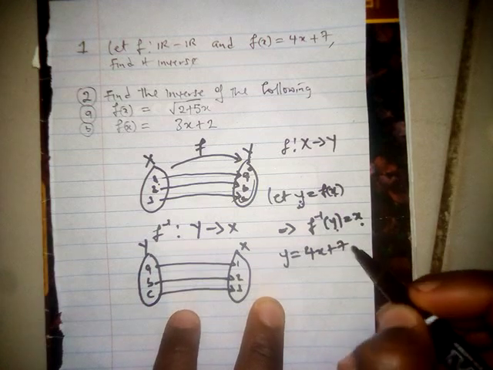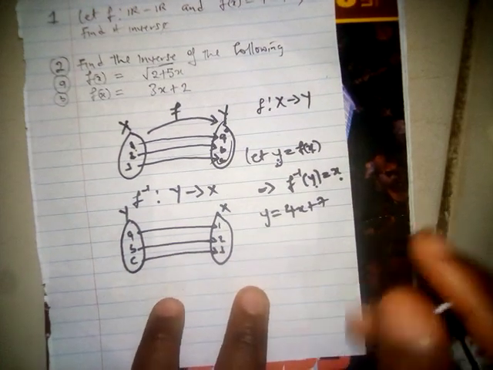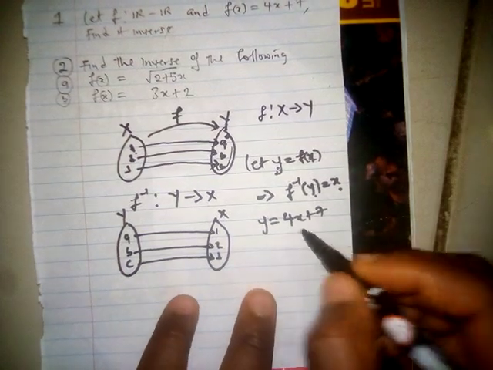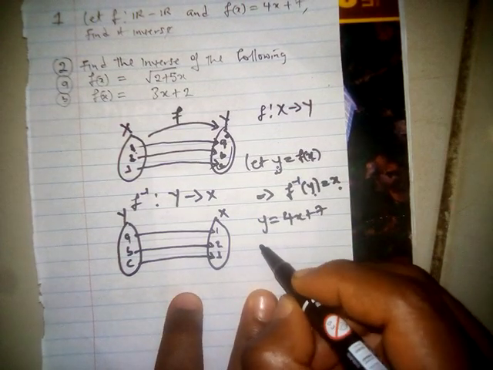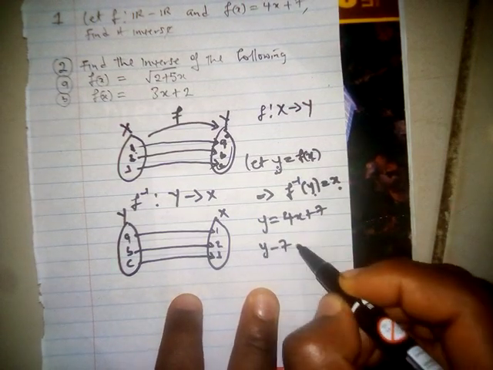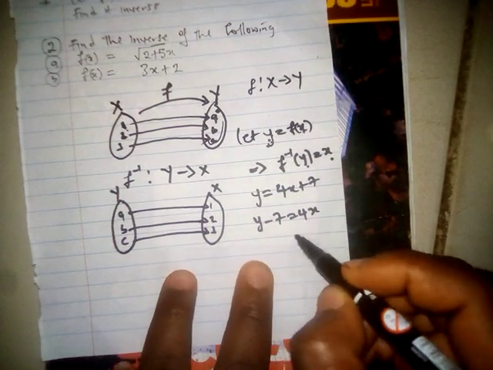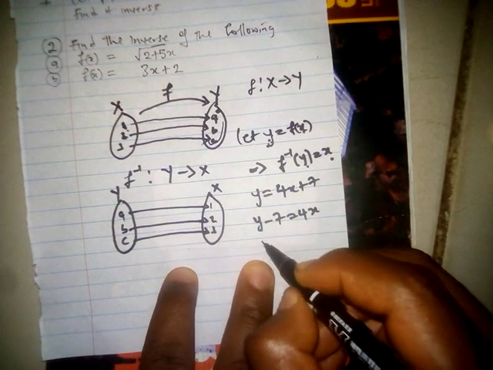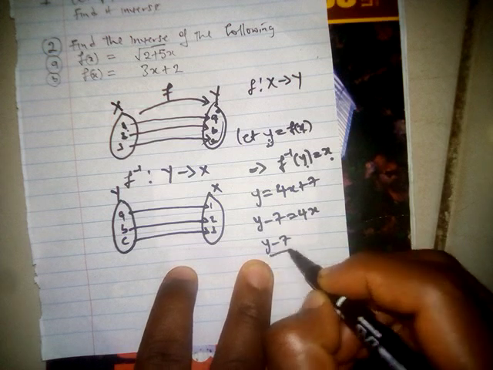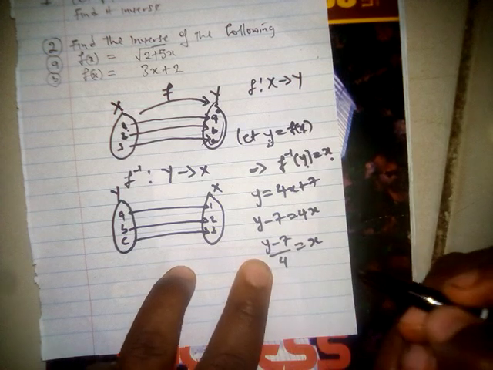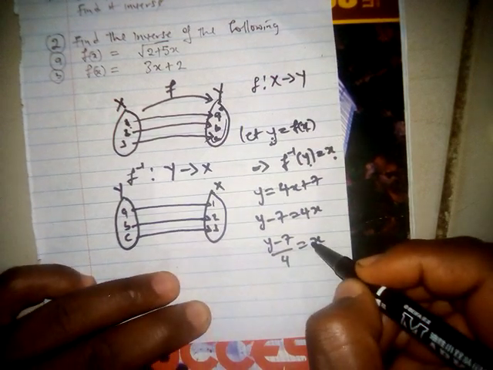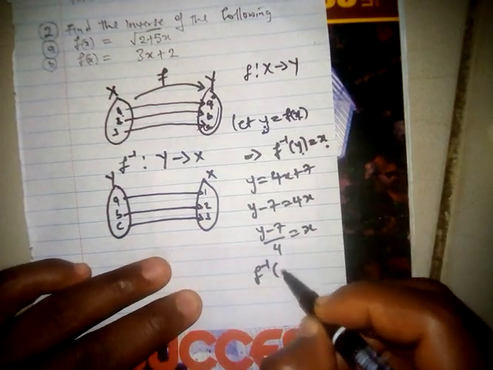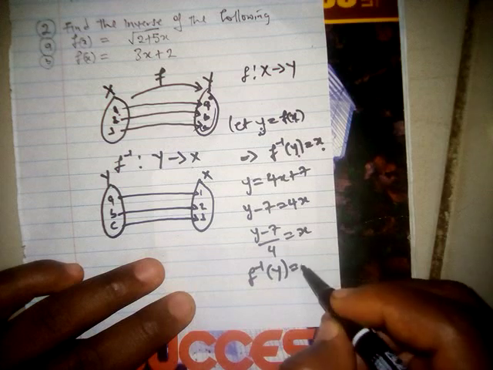Now since y is equal to f of x, y is equal to 4x plus 7. Now what I will do here is solve for x. Solving for x, I have y minus 7 is equal to 4x. Now dividing both sides by 4, I have y minus 7 over 4 is equal to x. But what is my x? My x is f inverse of y. So I write f inverse of y is equal to